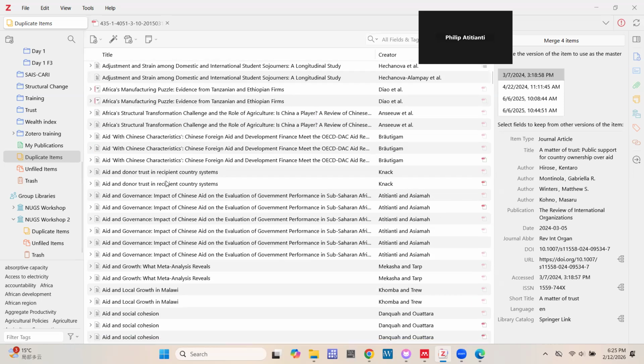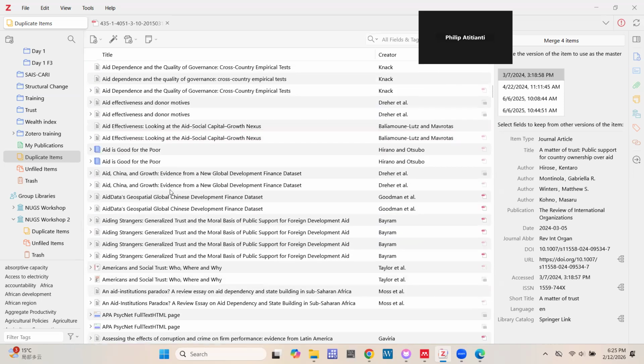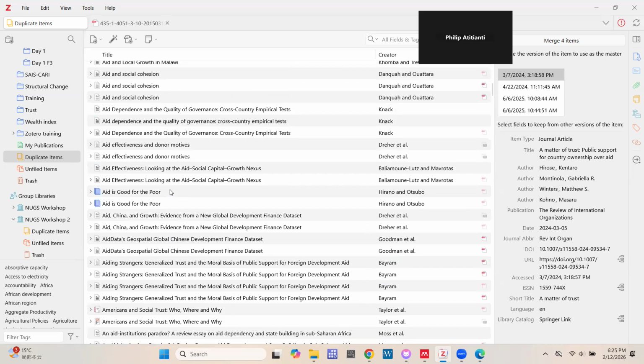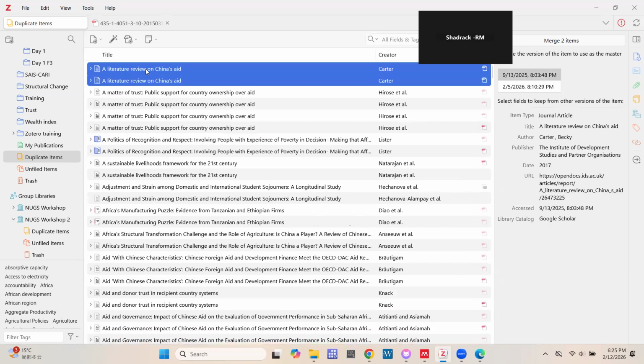Exactly. So that's basically the function. It just makes it easy for you to be able to know the files that you have multiple copies of, and then you can decide to delete them. So once I click on it, if we check to the right side of my screen here, it's telling me one file was added September 13th, 2025. And the next file, which is the same file, was added 2nd.